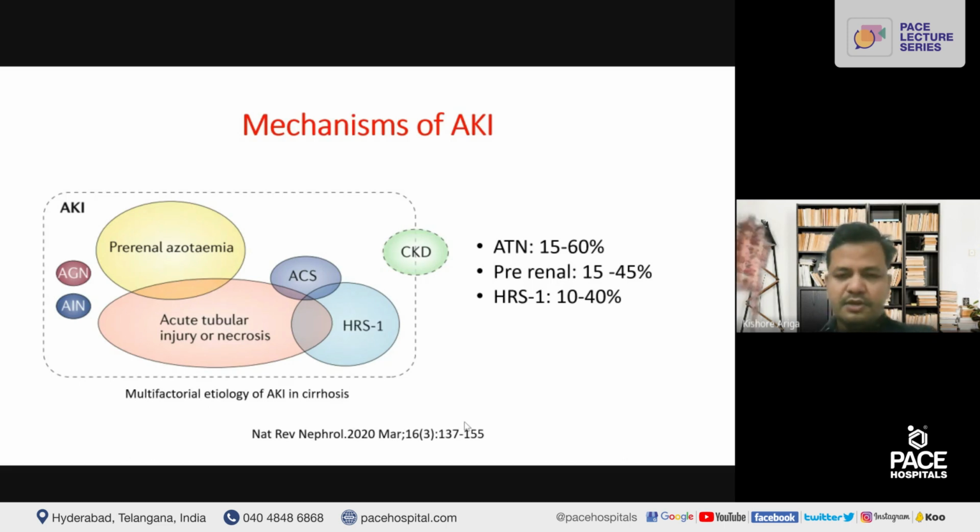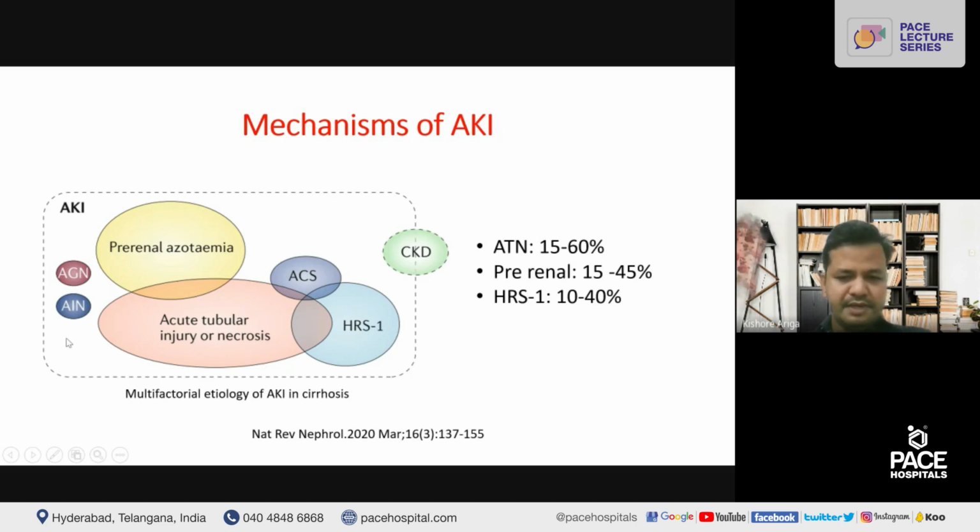Acute tubular necrosis constitutes 15 to 60%, pre-renal cause of AKI 15 to 45%, HRS1 which is 10 to 40%. Other causes are abdominal compartment syndrome, or it can be an underlying CKD, or the patient may have glomerulonephritis